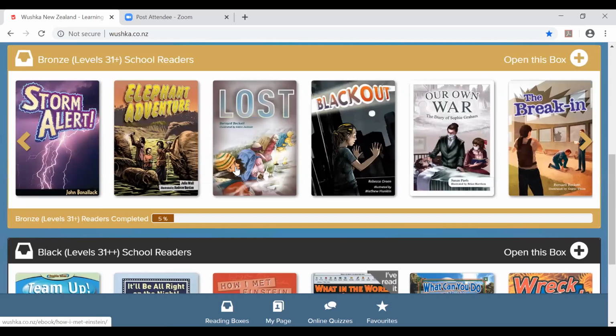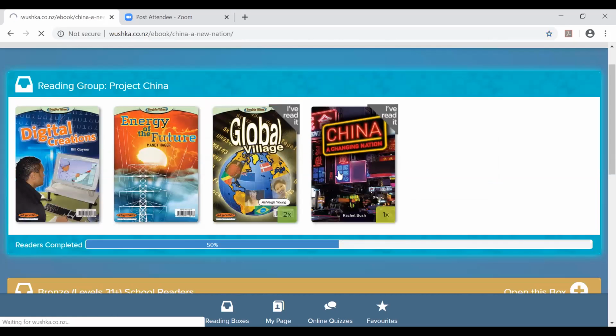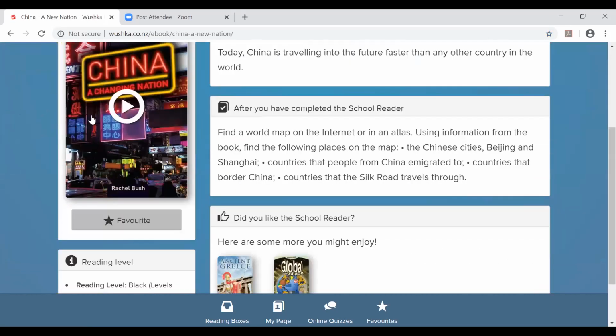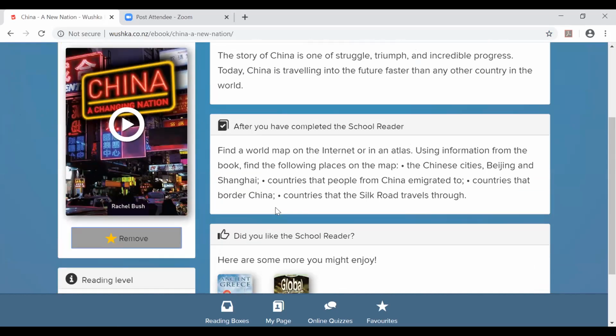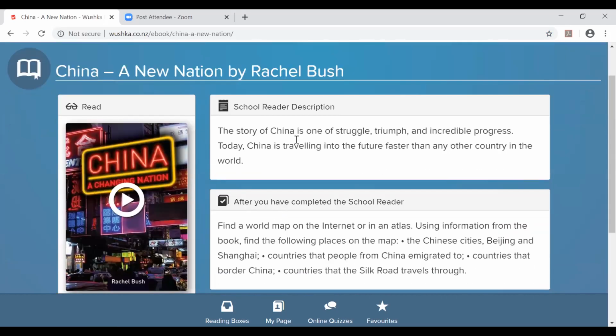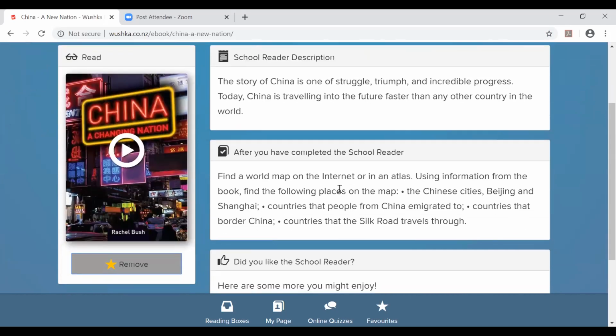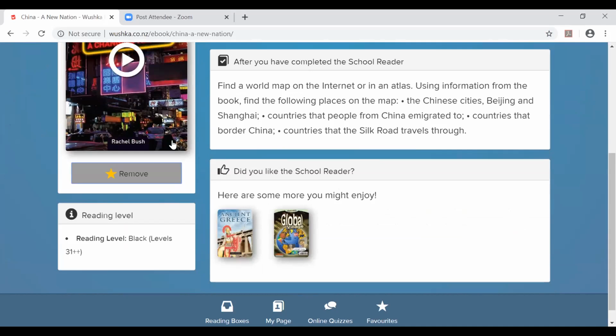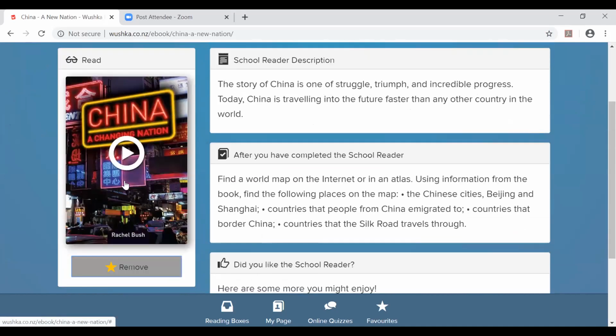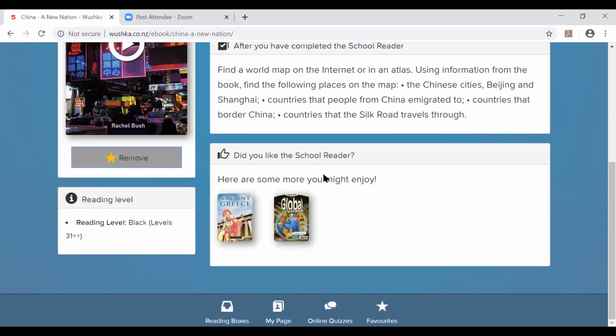If she hops into any of these readers, she will see a very clean page. The reader is there. She can favorite it to her page and it will stay there for her forever. She'll see a little bit of a description on the book and further activities if she'd like to do something after finishing reading. Then she hops into the reader like I showed you before and does the quiz.